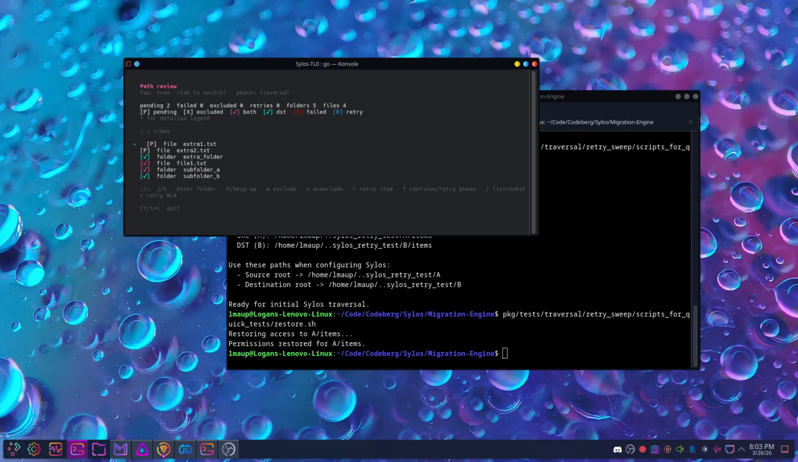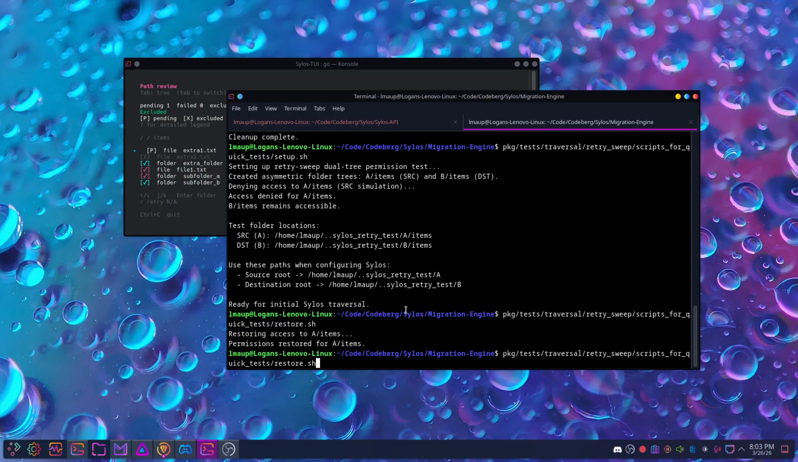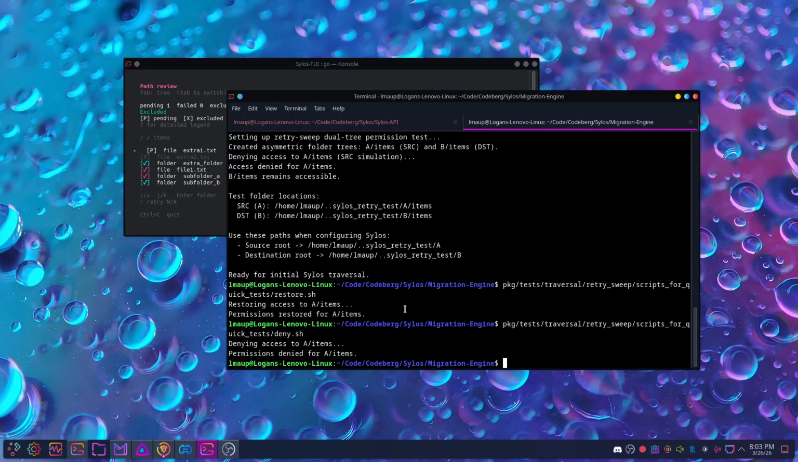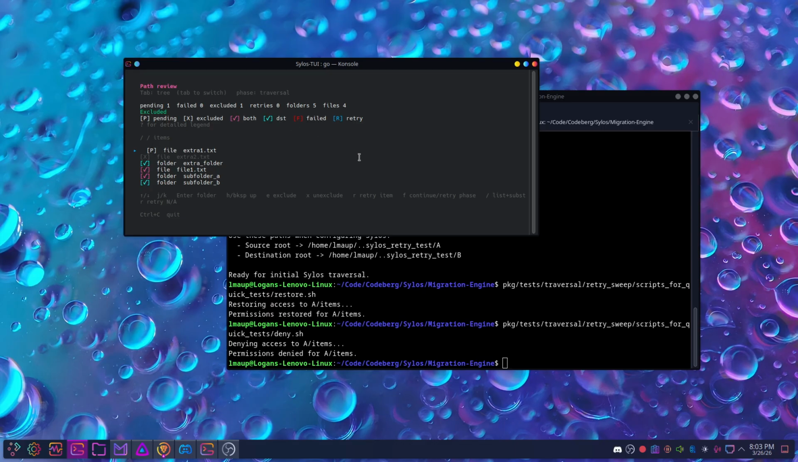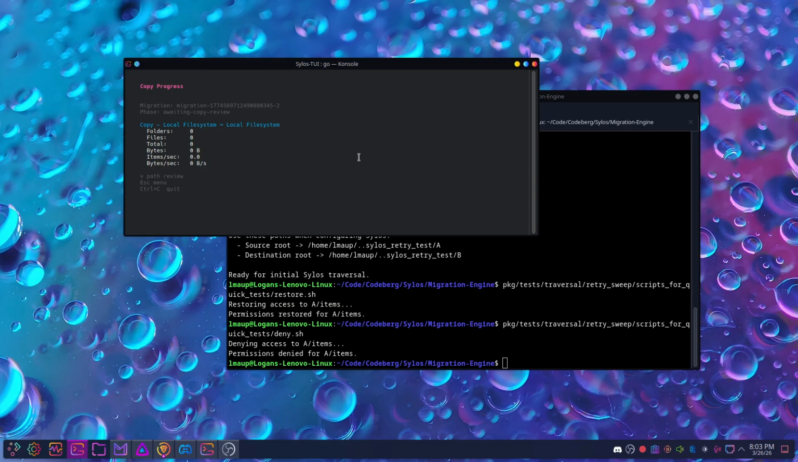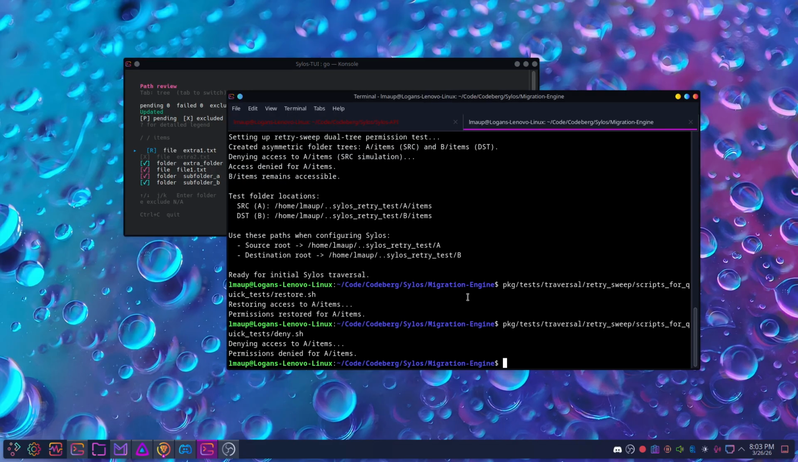So now I'm going to do the same action that I did before, which I don't remember which one I excluded, but I think it's the second one, if I remember correctly. Okay, so now I'm going to deny access to the folder items. So now when I run this, it should fail to copy over that one. And you can see here that it did. And I'm going to mark it to be retried. Then we're going to